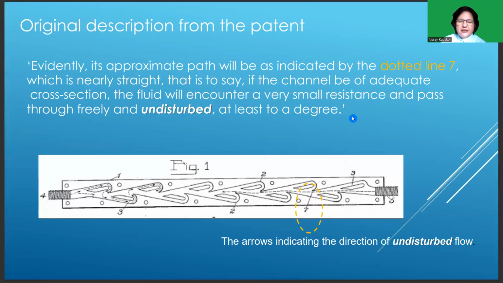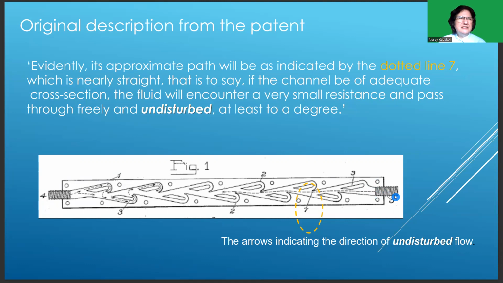So flow will move straightforward with less resistance. So he says it will be undisturbed because we are supposed to have flow from right to left like a pipe flow, that is a circular pipe flow, but there are some obstacles around it. There's a small chance, of course, the flow stream will move around these obstacles. So at least he's very honest, he says the mass fluid flow will not decrease, but at least to a degree. So there is still a chance,